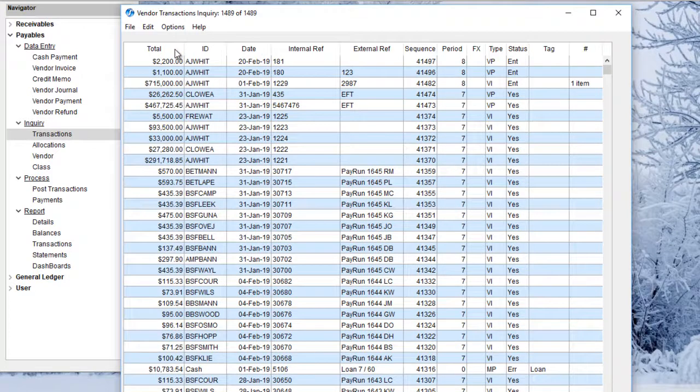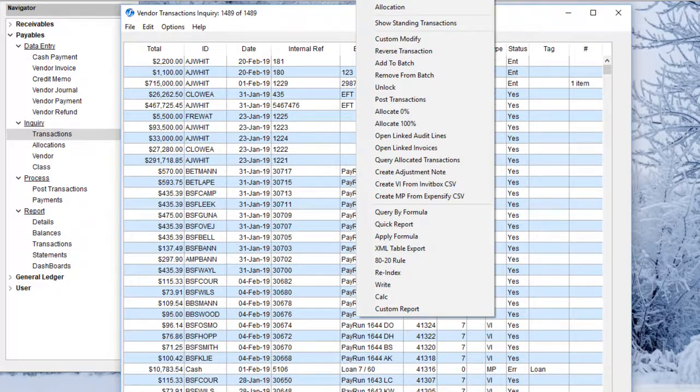Now we have the ability to close out of there, and we've also got the ability to come up here to tools, and we're presented with a series of tools. One of those tools is allocations. We can show standing transactions, custom modify, reverse transactions, add to batch, remove from batch, unlock, post transactions, allocate 0%,